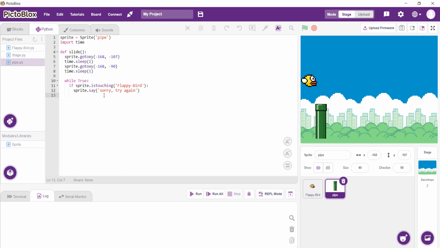And then after that, I will break my code. And then I expect my sprite to keep on sliding. Okay, so this is also complete for my height. Now I want to quickly run this and see how this works. So just for the pipe,